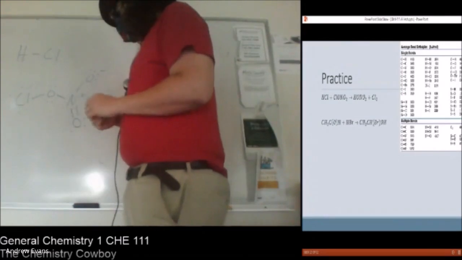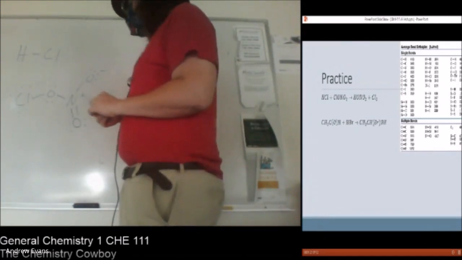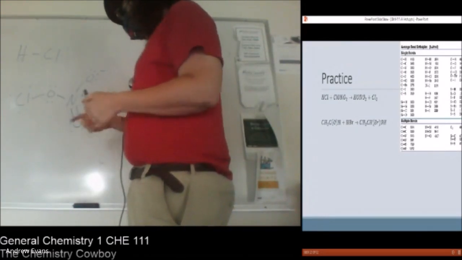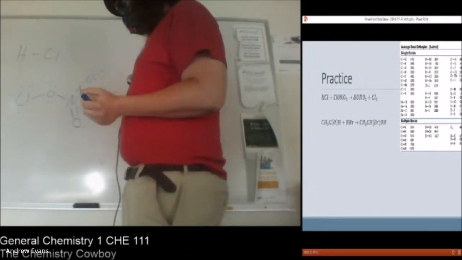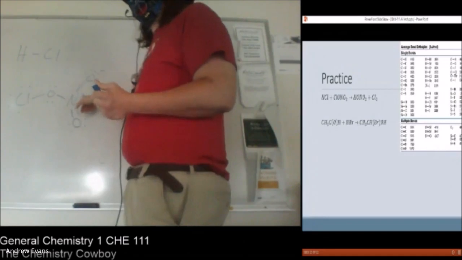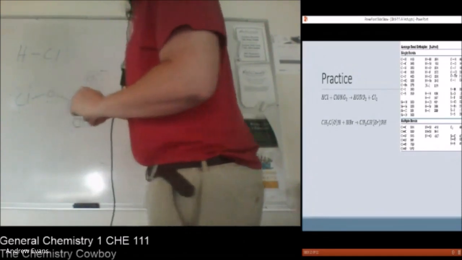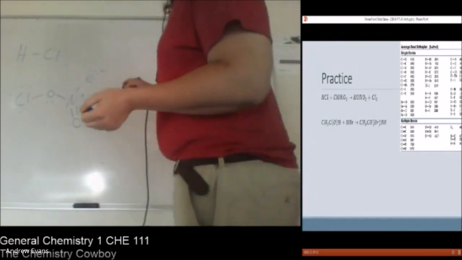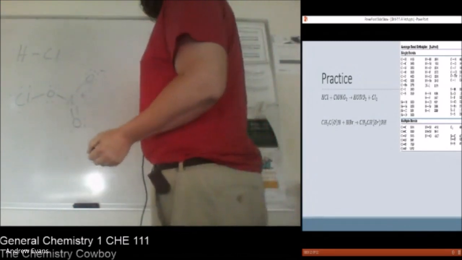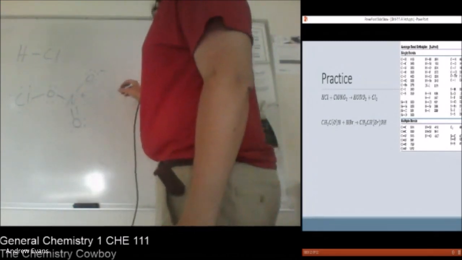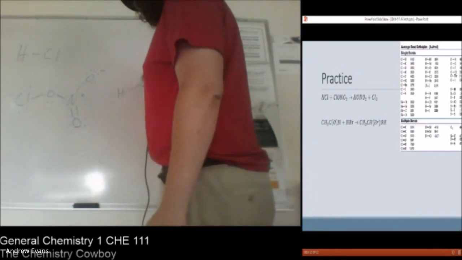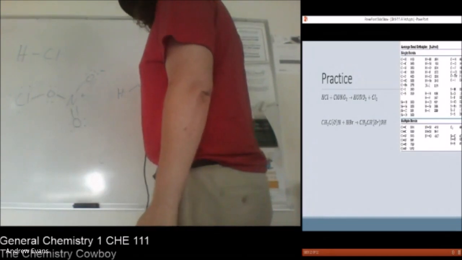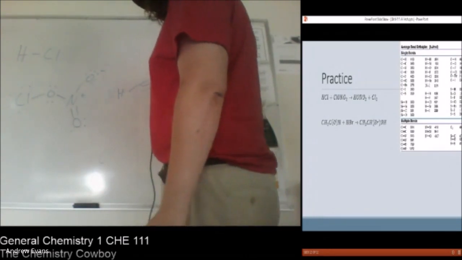Nitrogen is mostly the center atom, but in this case nitrogen has no choice but to make that, and it has an octet, but it also has a formal charge. And we're going to go to HONO2 and Cl2. So HONO2